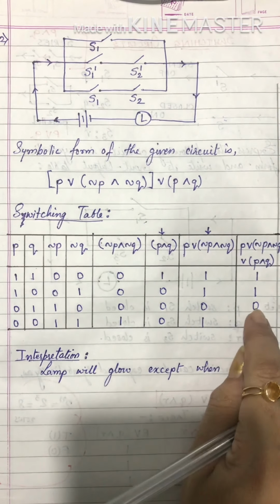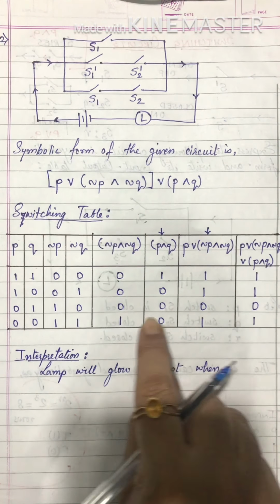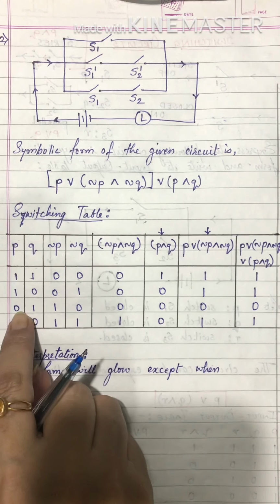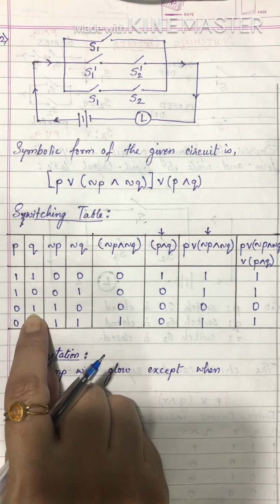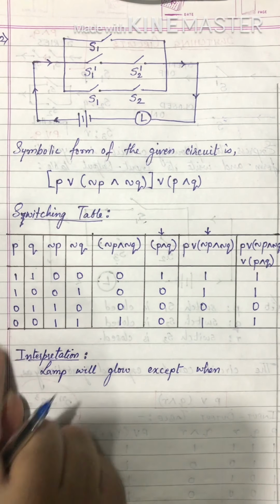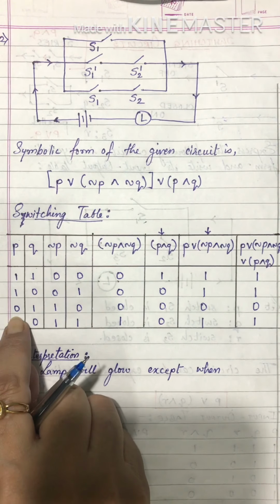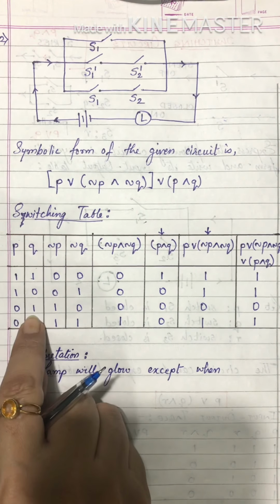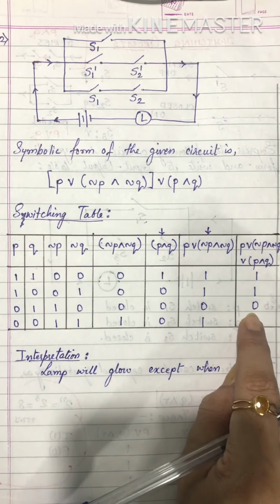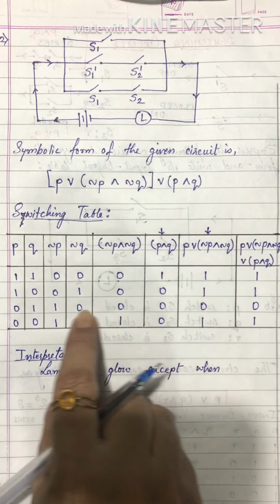Now you need to write down when you are getting 0. See here, for switches where S1 is for P and S2 is for Q. So lamp will glow except when switch S1 is off and S2 is on, because we have got this answer 0 only for this